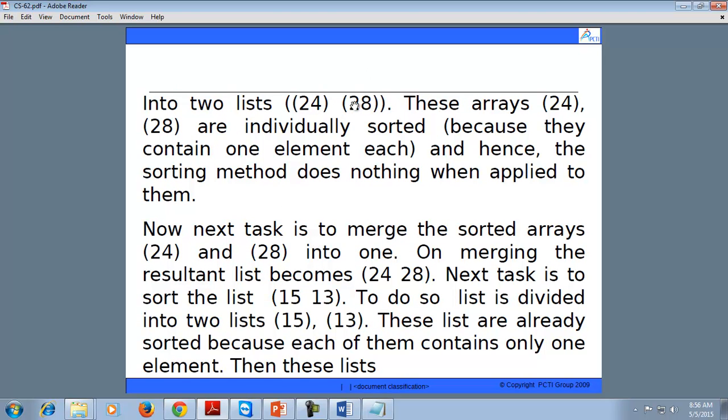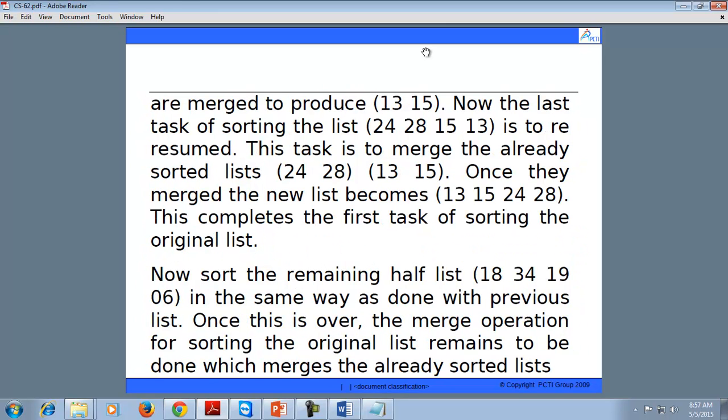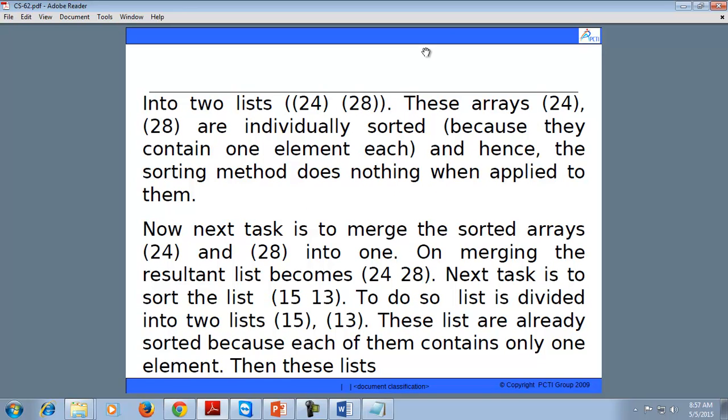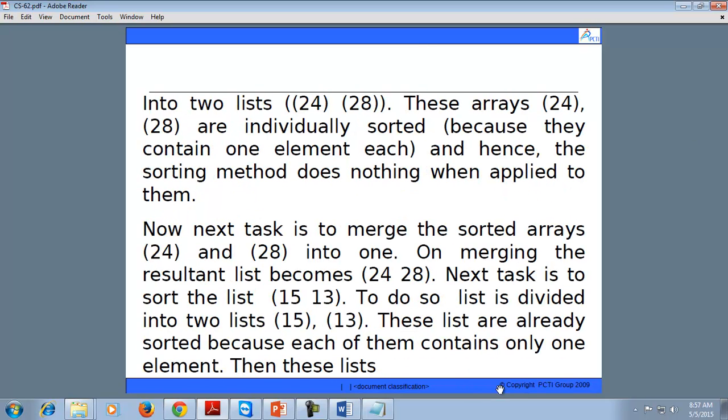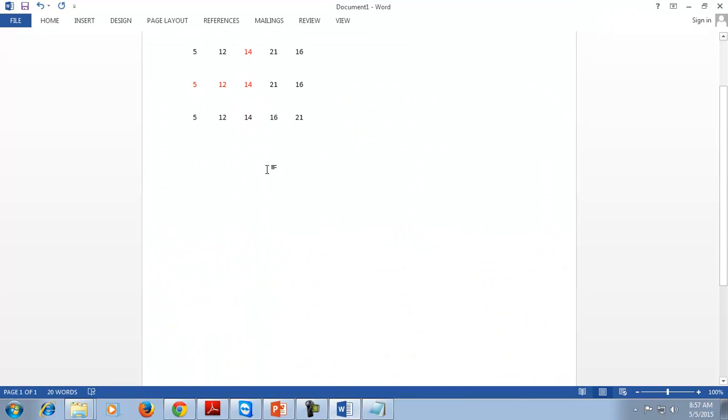We will divide the list until you get a single element of the array. Then after dividing, the next step is to merge the lists in sorted order. We will see the process of merge sort with the help of an example.